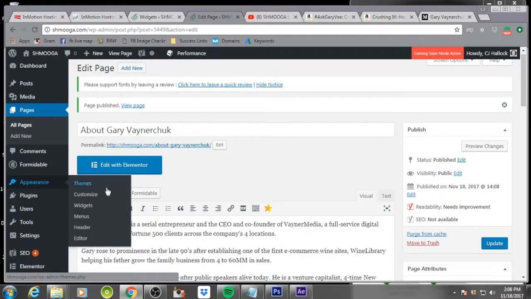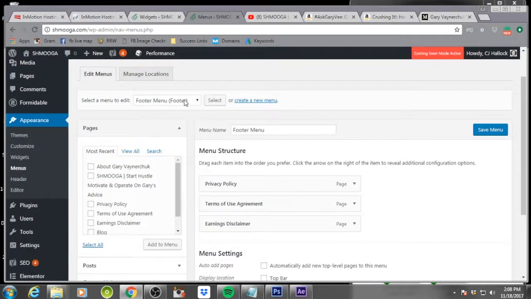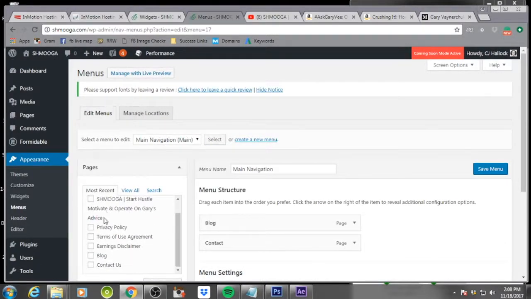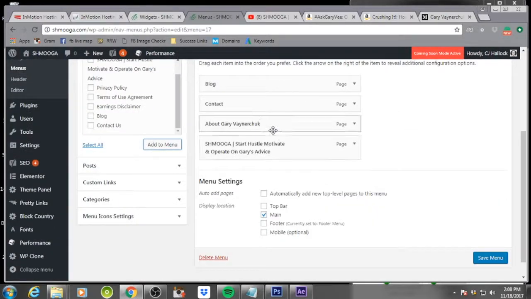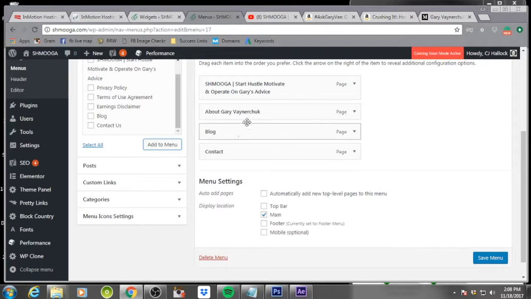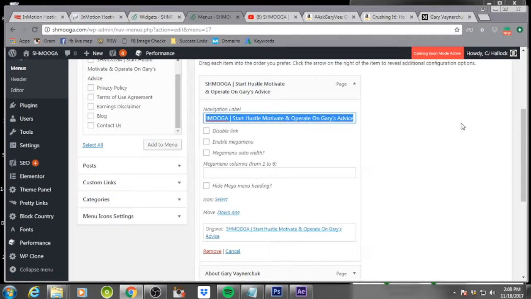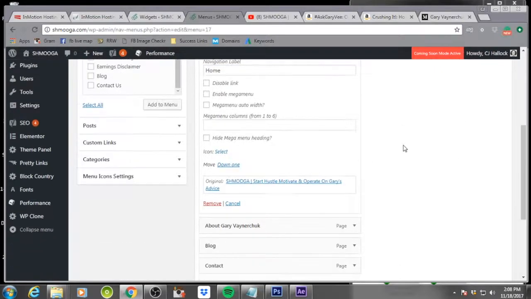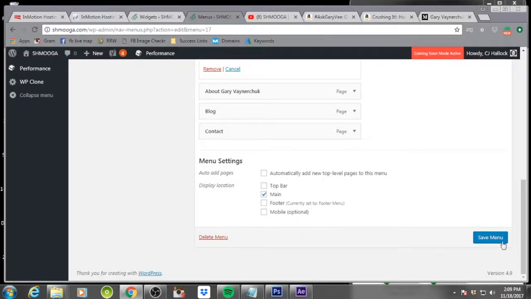Okay, now I'm going to come under appearance and go to menus. And then I'm going to make sure that I choose the main navigation and hit select to make sure that menu shows up. And then I'm going to go ahead and check the home page and the about page and come down here and click add to menu. And then this is where you're going to drop the about page and home page, reorganize them. And if you want to drop down, you can do that by just moving this item over. But we're not going to do that right now. We come in here and we're going to change this to say home. And change this, and we'll leave that about Gary Vaynerchuk. Blog, contact, we'll save menu,